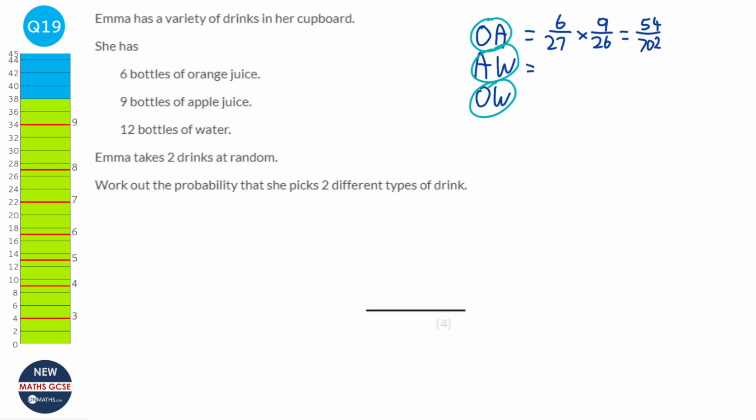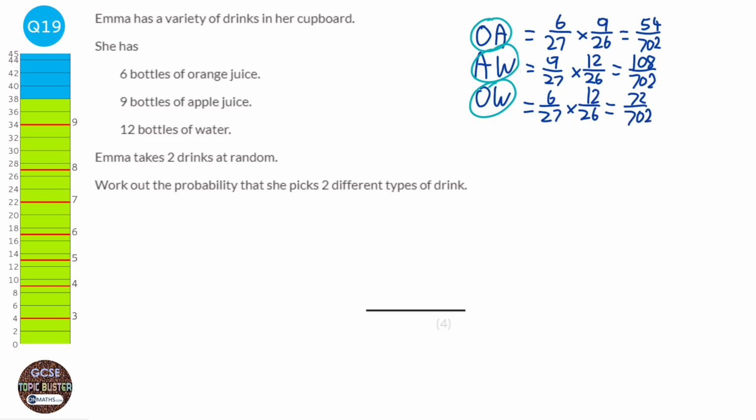Apple juice then water would be 9/27, and then 12/26, and so that would be 108/702. And then orange juice then water will be 6/27 and 12/26, and that would be